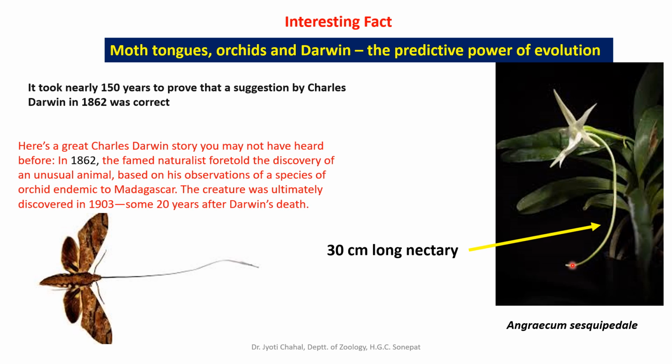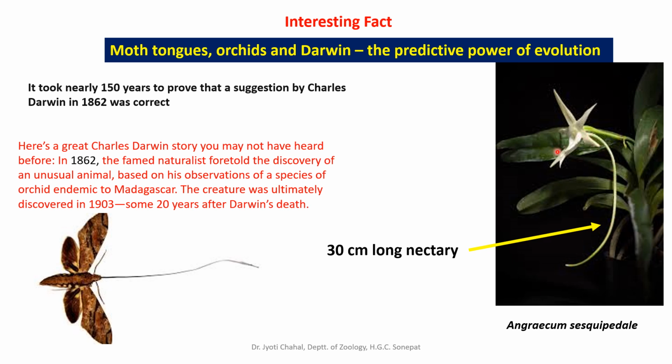You can see this is the white flower, and this green portion, this pipe-like, elongated structure, is the nectary, which is filled with nectar, and nectar is only in the last 1 inch of the portion. The rest of the pipe is hollow, and in the posterior-most 1 inch region there is only nectar. So that is approximately 30 centimeter in length. That is an exceptional length for any nectary, approximately 1 foot, you can say.